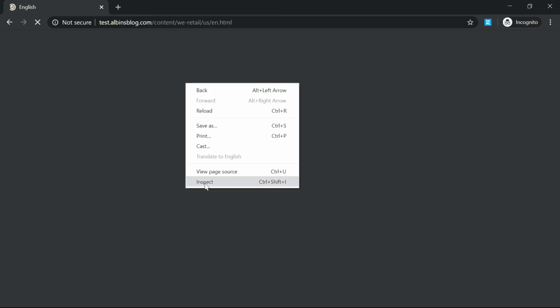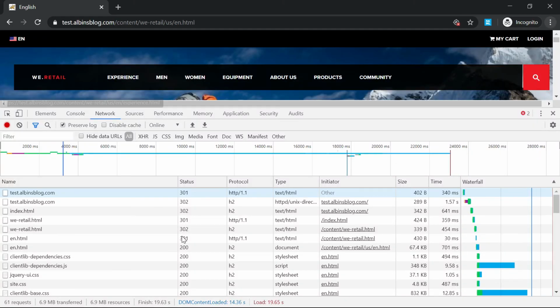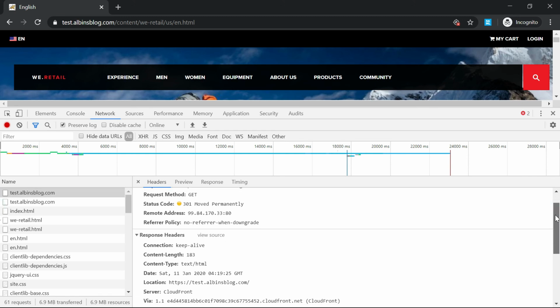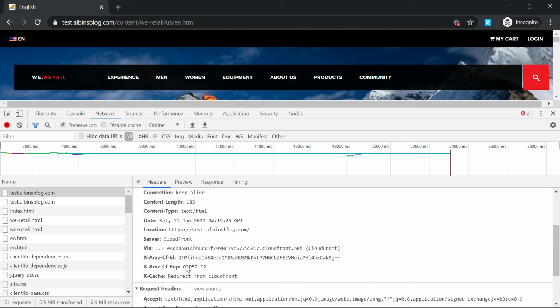Let me validate whether it's really going through the CloudFront. Now we can review this inspect log. If you see here, test.albinsblog.com I accessed, so there is a 301 redirect and it got redirected to HTTPS. So this redirect was performed by CDN. If you see the response headers, yeah, X-Cache: Redirect from CloudFront. So it's working as expected.